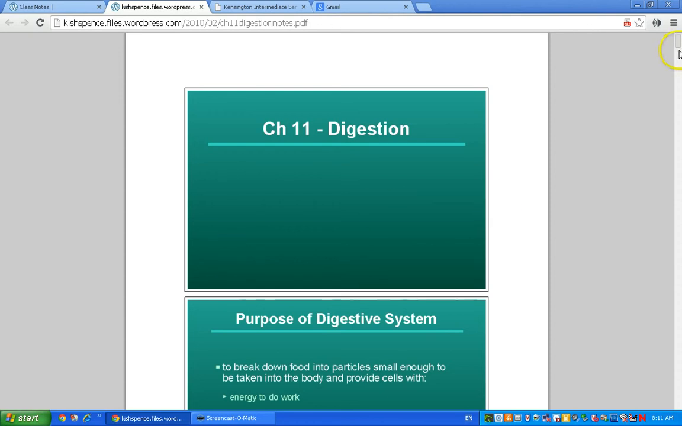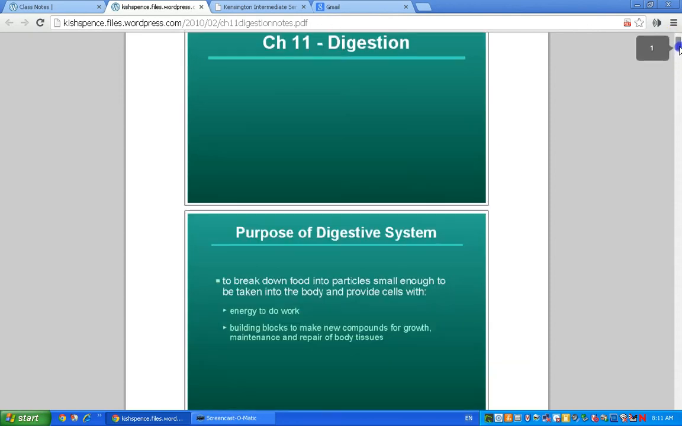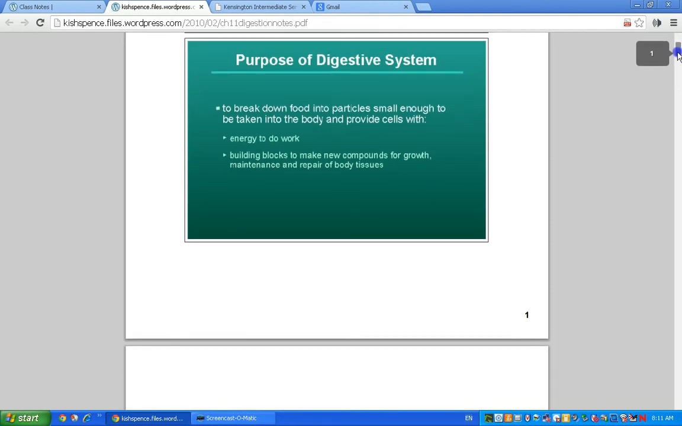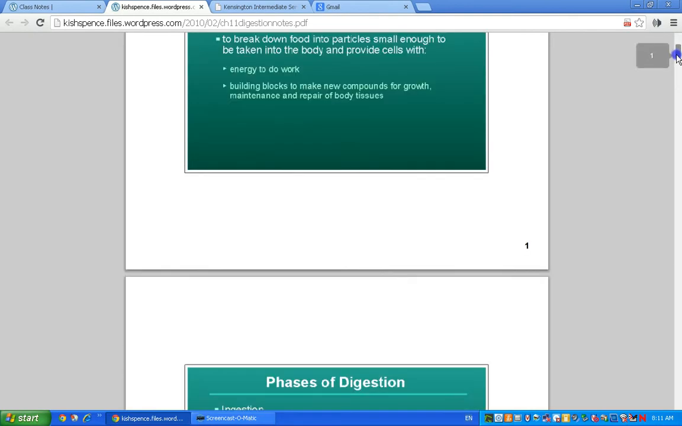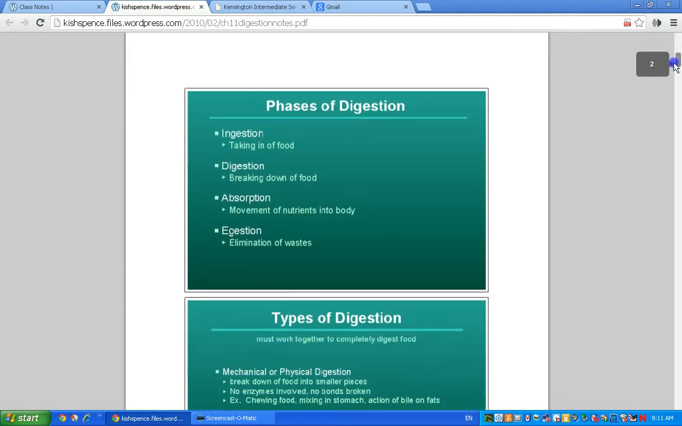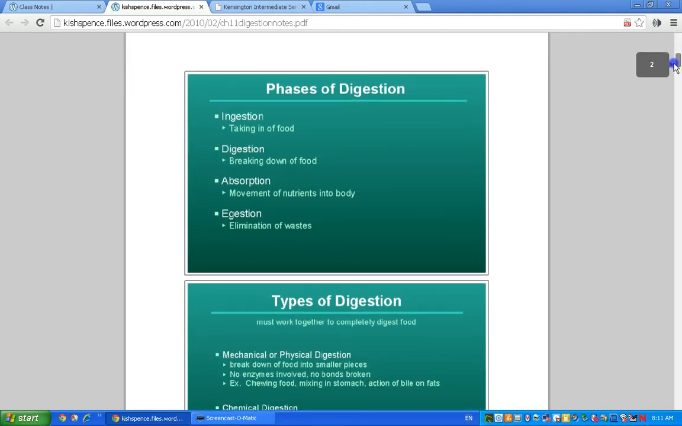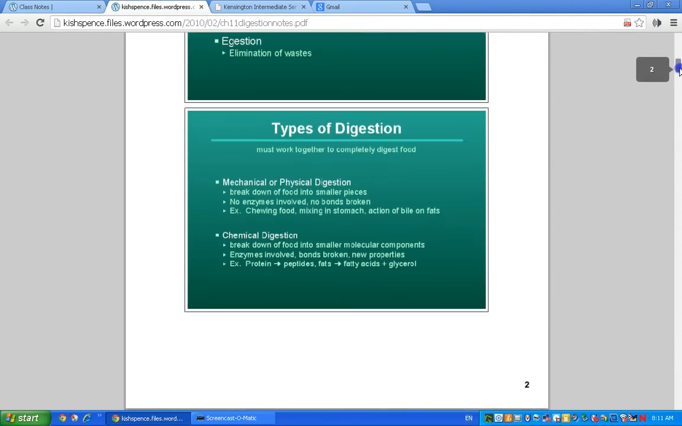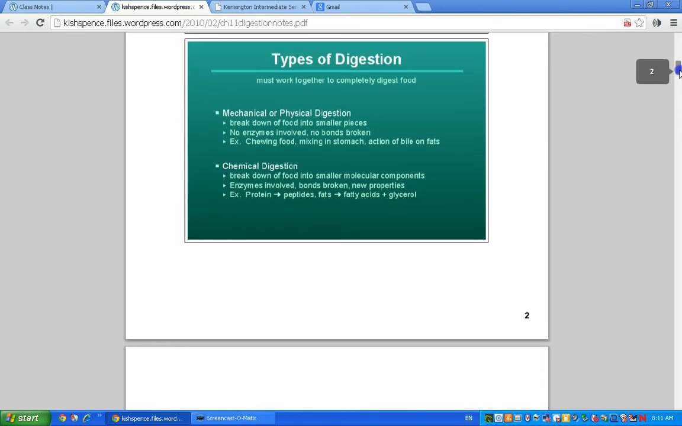So yesterday we started chapter 11 on digestion, and we talked about the main reason for your digestive system, why we have it, which is basically to allow us to break down our food stuff so we can take it in and use it for energy, and also to have building blocks to make the things that our cells need to do their work. We talked about the different phases of digestion, types of digestion, whether it's mechanical or physical